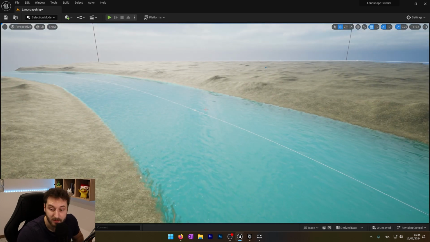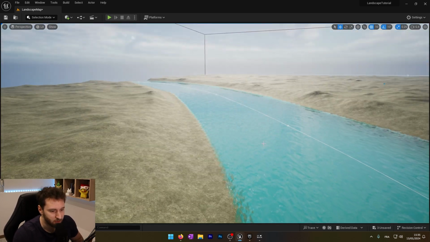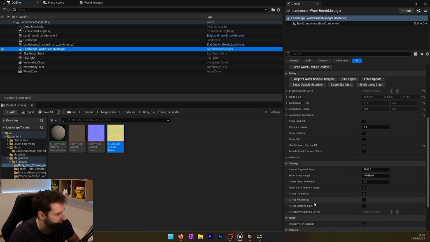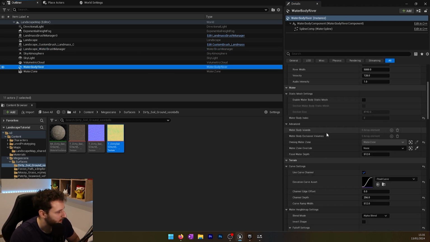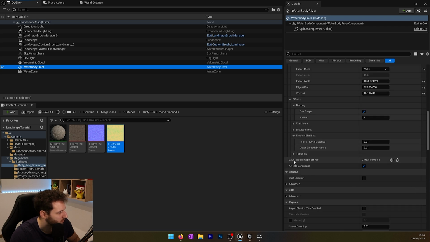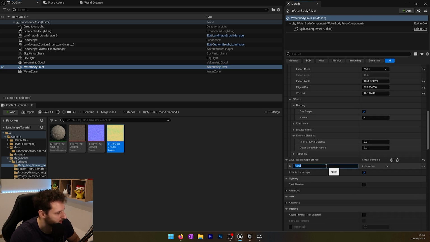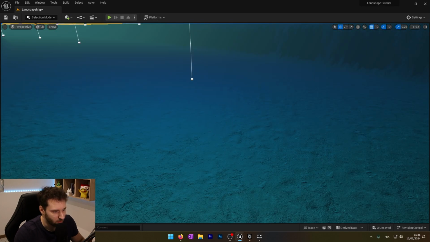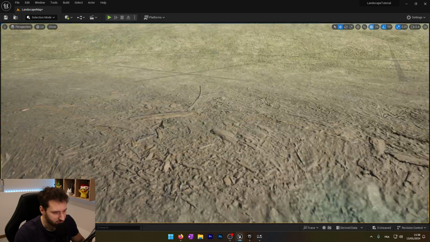Now to automatically change the material under the river, we will go into the water brush manager first, and we will plug this affect WeightMap. Press true. And now into our water body river, if we go into the layer WeightMap settings, we can add something. We'll open this and we will choose in here underwater. And if I do that, if I go into the water, we can see that it's not grass anymore,